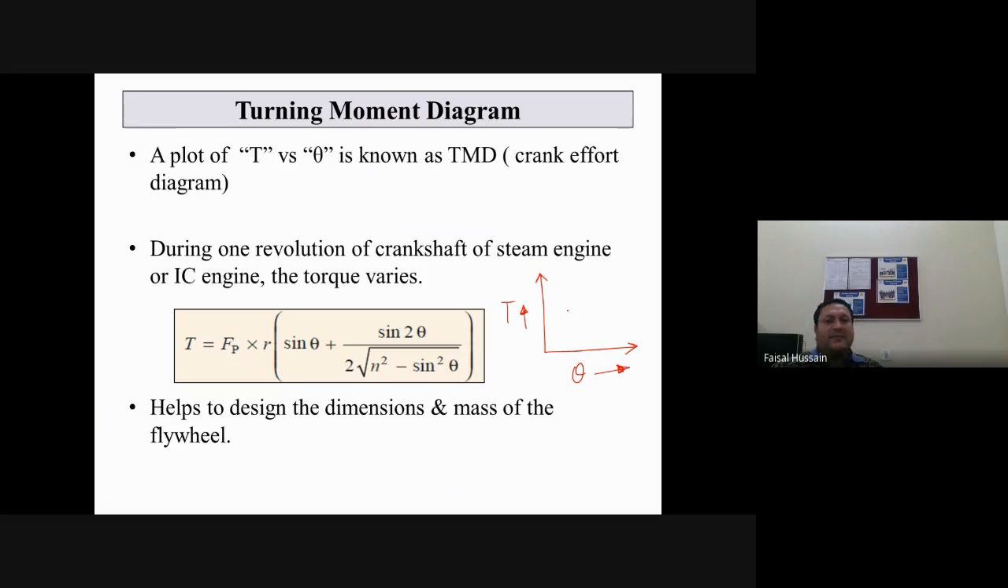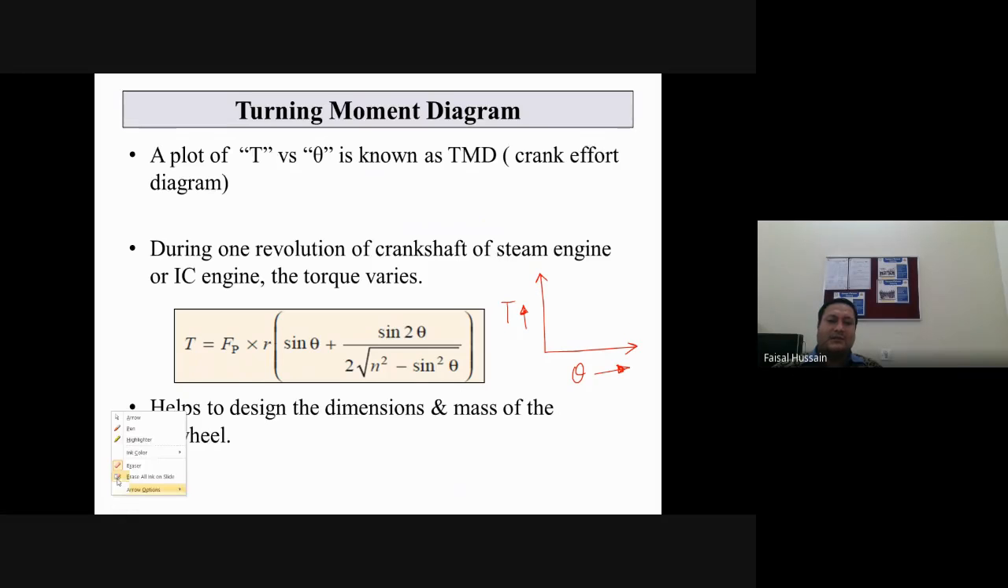Now in dynamic analysis that we have completed, in that topic we have seen that we have also found out the torque. So what is torque? So basically torque is Ft into R. Okay, and this expression, again this Ft in terms of Fp, it can be written as sine theta plus sine 2 theta upon 2 n square minus sine square theta. So basically this is the expression for the torque that we have studied in the dynamic